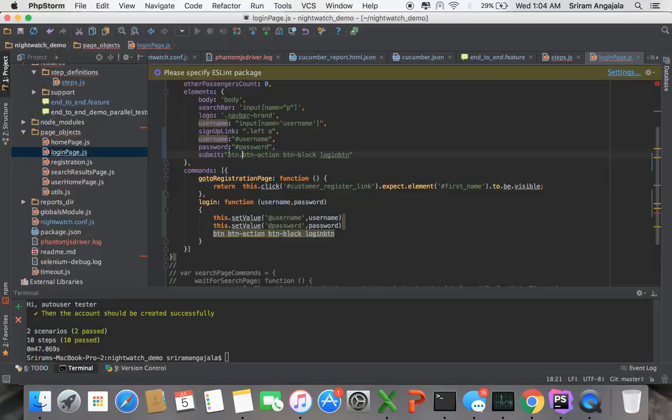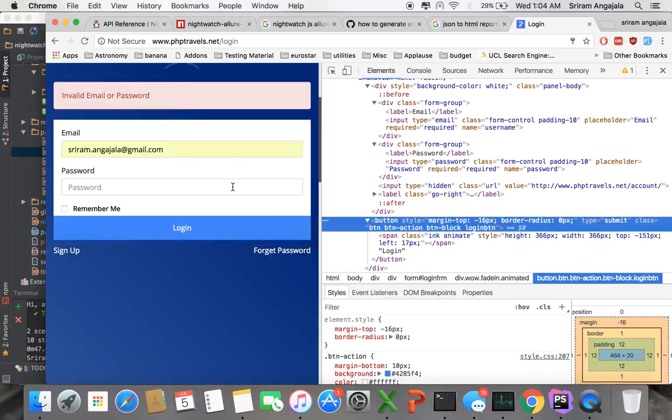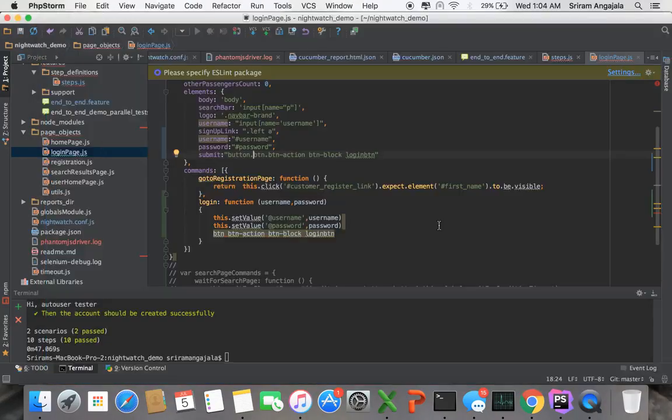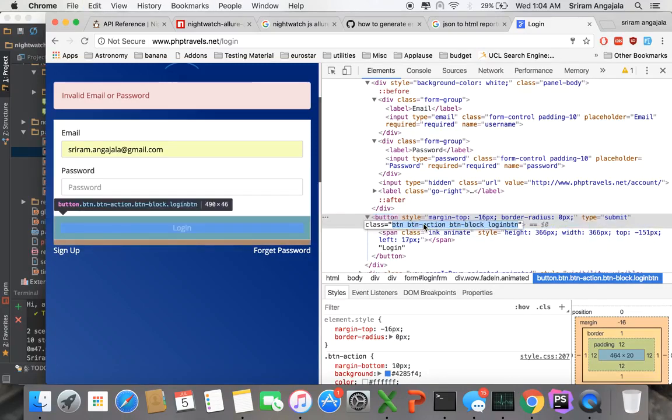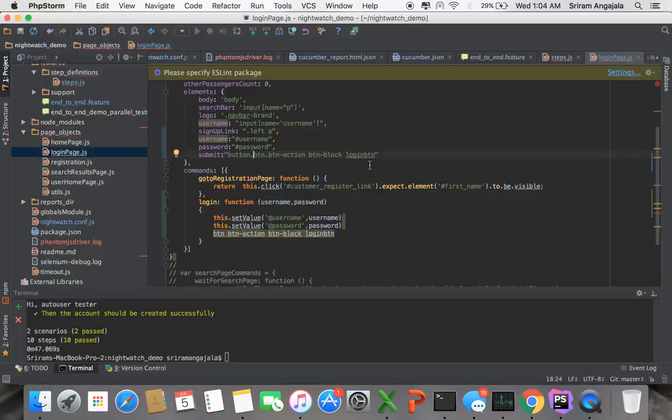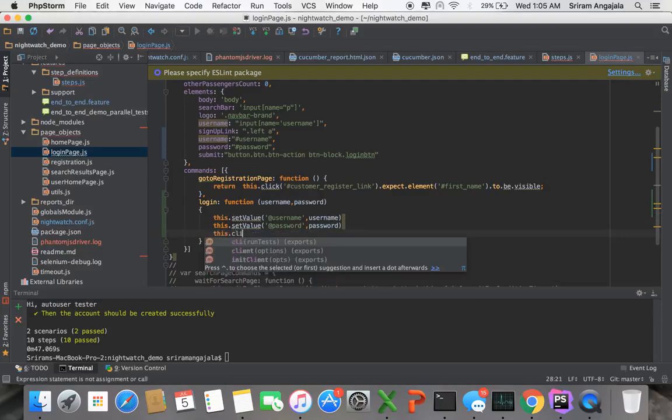So this is button dot. Because I'm using class, it's a bit dangerous. Yeah, so btn button actual button block login button. Okay, cool. So what I'll do now is this dot click,